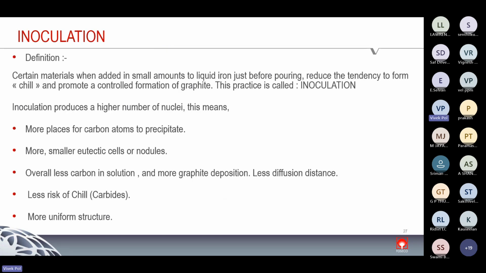Now, once we are able to measure the metal quality, there are various ways and means to improve that metal quality if it needs improvement. So after measurement, the next action is how we can improve.